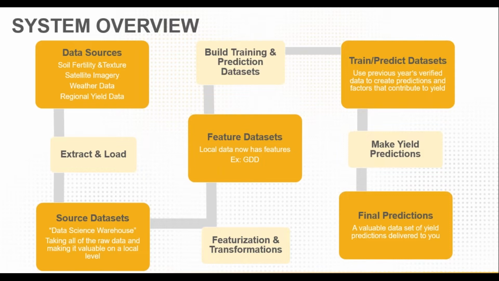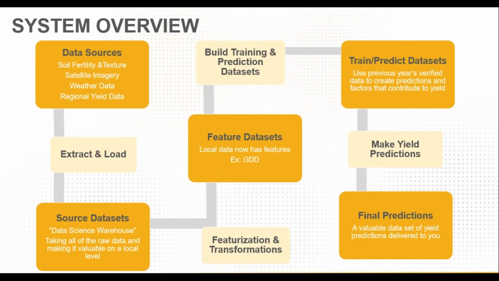So feature selection is important because extra features which have no bearing on the target add complexity that we don't need. It basically makes the model more complex without any benefit. So it's important to choose the features that are going to help us predict that yield. Finally, the system creates the predictions, and then you're provided with a valuable data set of yield predictions for your